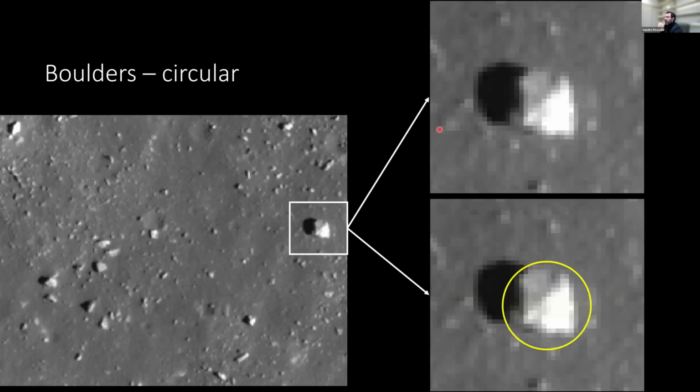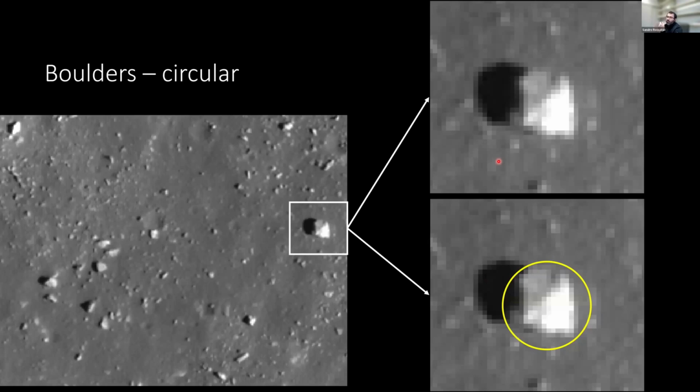But let's try to think about all the possible shapes. This is the most classical boulder that you can encounter. It's almost circular, has a clear illuminated side, a little bit of shadow here, the cast shadow. So it's the best example of a boulder you can encounter, and it should be